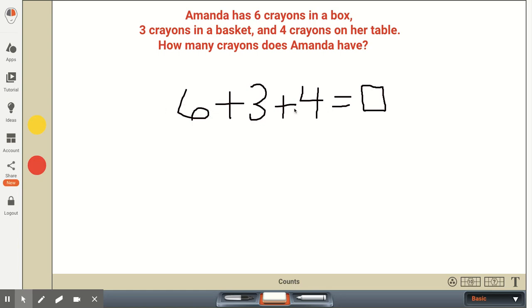as an equation, the first graders can set this up horizontally as an equation, and here are our three addends, the 6 plus 3 plus 4, and the unknown is the result, and they can put a box here, they can put a question mark, they can put a heart, they can put a star, just something to represent the unknown. It's something that we don't know the answer to yet.